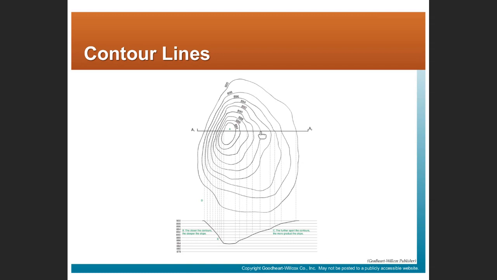And every place that that section line intersected with a contour line, it came down perpendicularly to the section line, drew it down and put a mark on the graph there, connected those dots, and that gives some visualization of what the natural feature is that's being described by this set of contour lines. So in this case, the natural feature is a